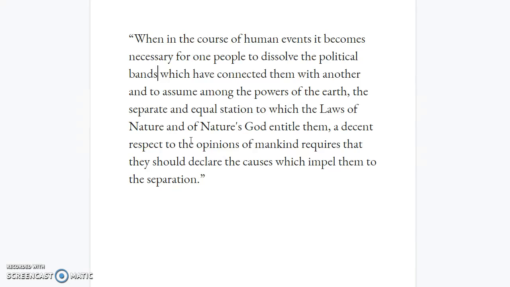Could you apply this to a doctor's office? Yeah, if there's a group of doctors and 3 of them want to leave, they should tell people why. That's what understanding looks like. It means you can express it simply, you can apply it to other things, and that's the level of understanding we're going to be working for at Vor Method. It's not like English class where you just take a bunch of quotes out of context and your teacher gives you an A. That's not useful. That's not helping you. This is going to be making sure you really understand it, you can think about it simply, and apply it simply.